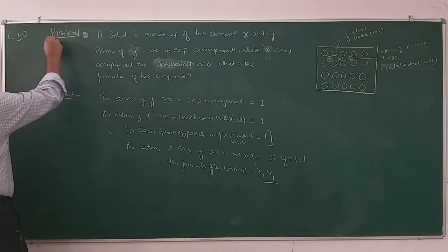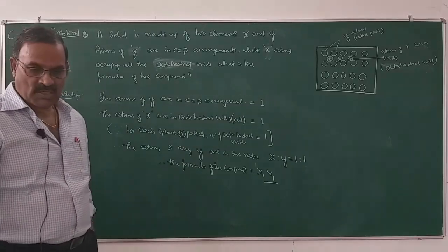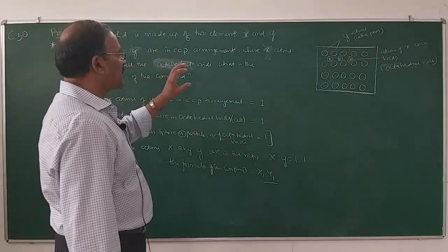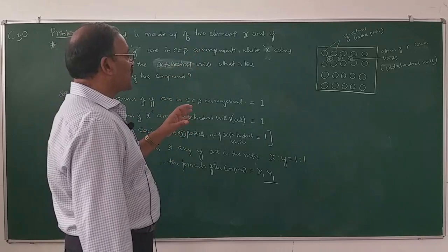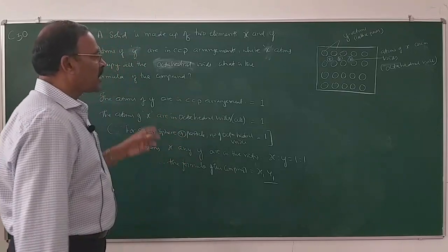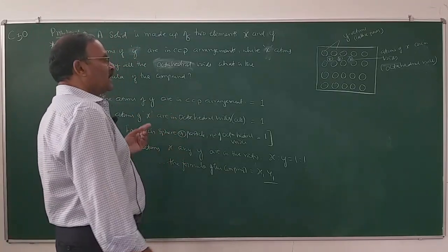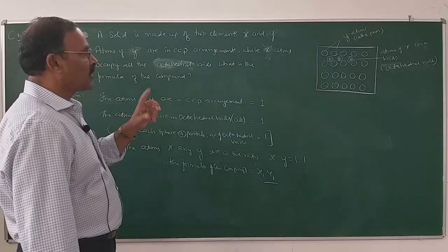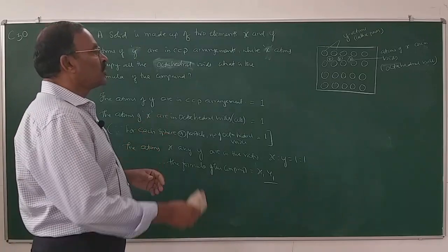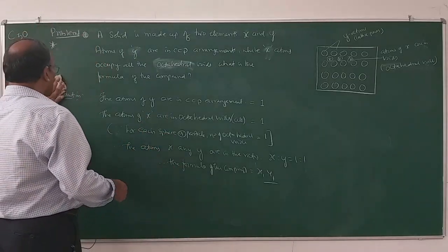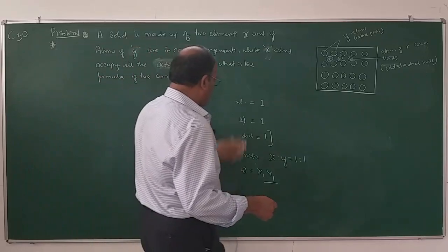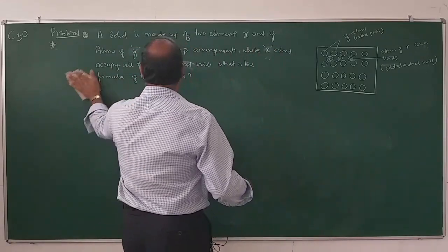So these are all important formulas, important problems. They will be asked in your examinations. So you have to observe which atoms are in lattice points and which atoms are in voids, and that too what type of voids, octahedral voids or tetrahedral voids. The number of octahedral voids are in the ratio 1 is to 1. The number of tetrahedral voids are in the ratio 1 is to 2. So depending upon the fraction of the voids covered, we can write the formula of the ionic compound.